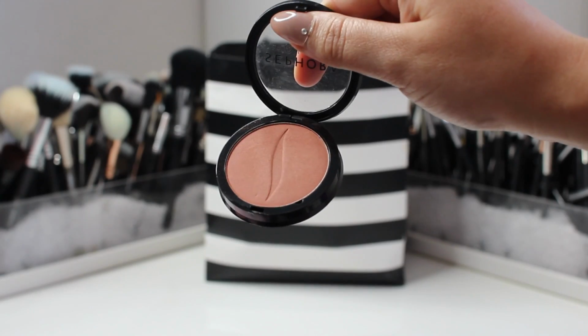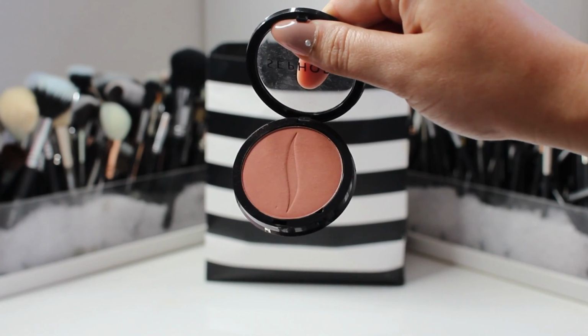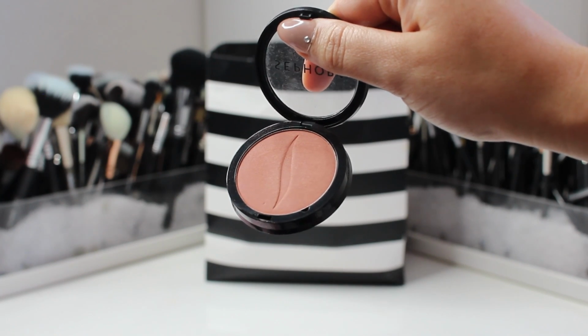From the Sephora brand, I picked up a blush. I've never tried one of their blushes before, surprisingly, but I saw Kylie Jenner snap about this on her Snapchat, and it's called Passionate, and she used it, and I'm like, I better try it. And when I went to order it online, it actually had sold out because I'm assuming a lot of people have seen her Snapchat. I think her Snapchat is probably the most popular there is. I'm not sure. I think I heard that, but anyways, I picked up the blush because she snapped about it,